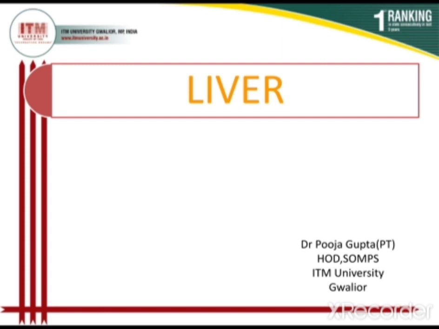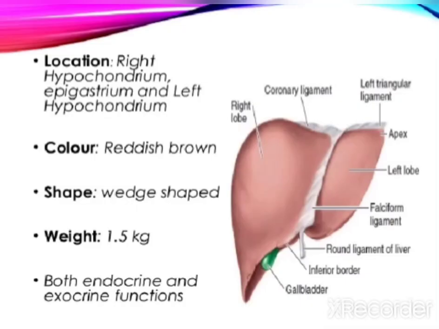So, today our topic to discuss is liver. Liver is a large solid gland situated in the right upper quadrant of the abdominal cavity. In the living subject, the liver is reddish brown in color, soft in consistency, and it's very friable also. It weighs about 600 grams in males and 1300 grams in females.